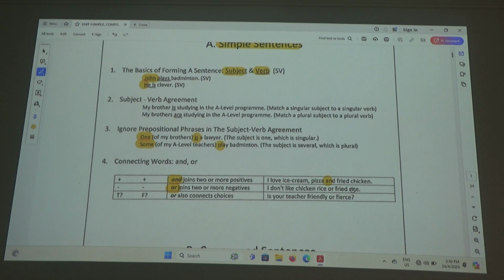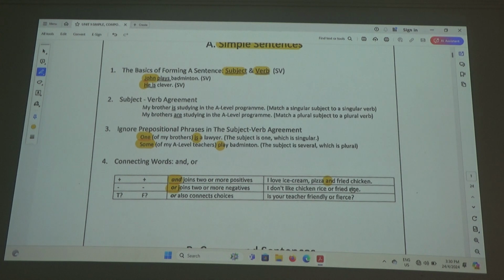What do you prefer? Do you prefer chicken or fish? When it's preference, what do you prefer, chicken or fish? That means you have two choices. You can choose one. Is that okay? Alright? So that is not included in these two negatives or two positives. You cannot say, what do you prefer, chicken and fish? Cannot. What do you prefer, chicken or fish? Because you have two choices, you can choose one. Correct? It is not positive, not negative.